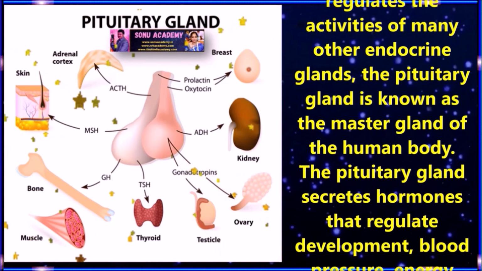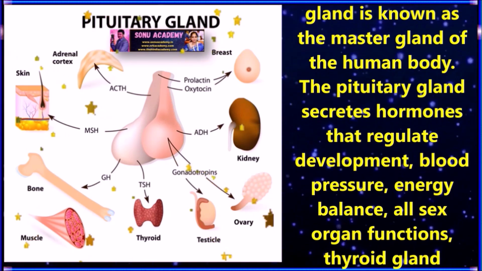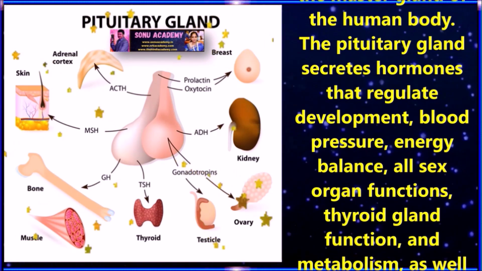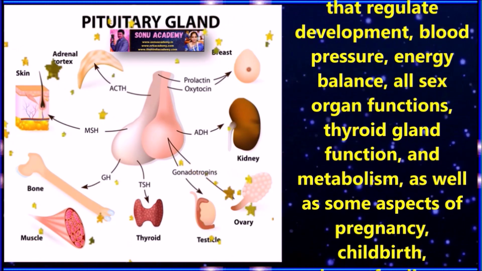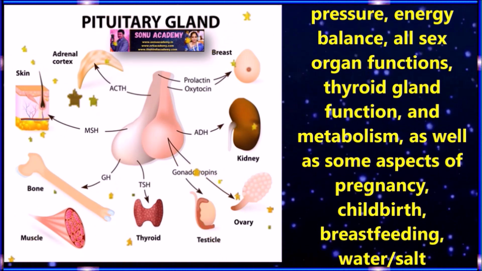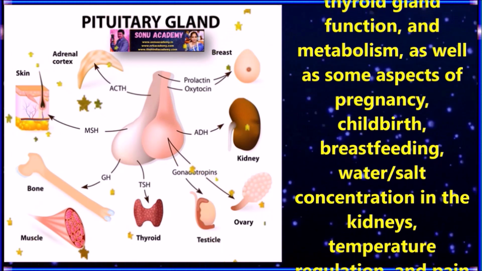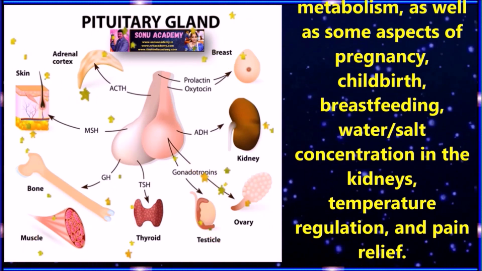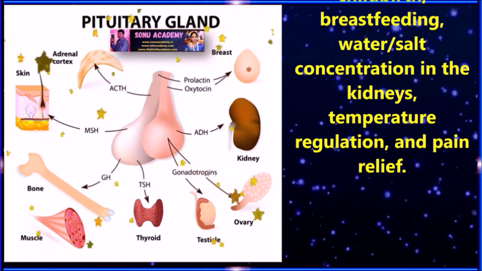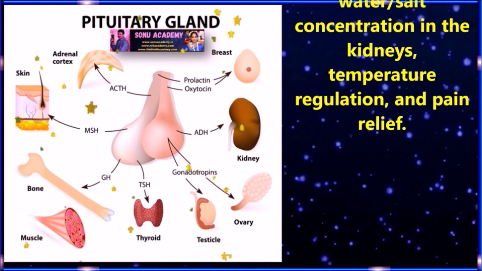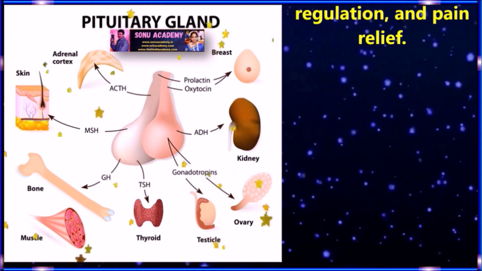The hypophysis is found in the center of the middle cranial fossa, on the hypophyseal fossa of the sphenoid bone, and is enclosed by a narrow bone cavity filled with a dural fold. The anterior pituitary, also known as the adenohypophysis, is the lobe of the pituitary that controls growth, development, reproduction, and lactation. The pituitary gland secretes hormones that regulate development, blood pressure, energy balance, all sex organ functions, thyroid gland function and metabolism, as well as some aspects of pregnancy, childbirth, breastfeeding, water and salt concentration in the kidneys, temperature regulation,